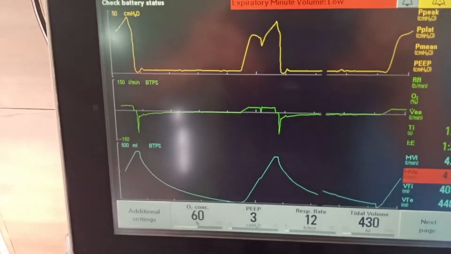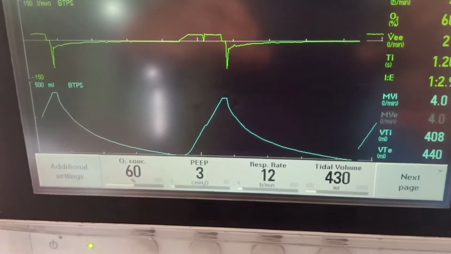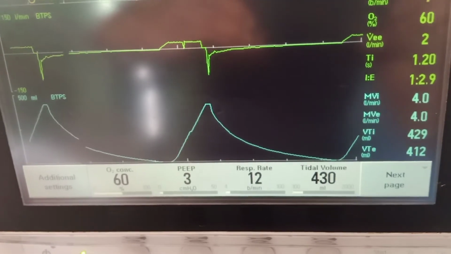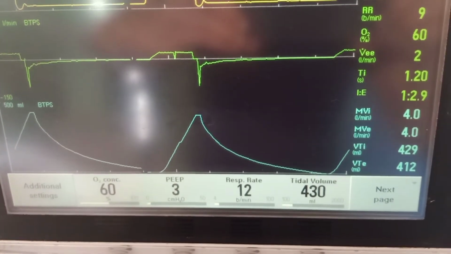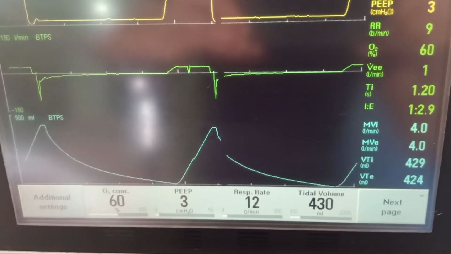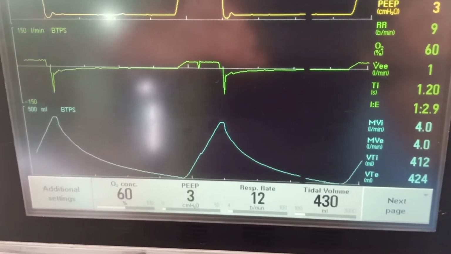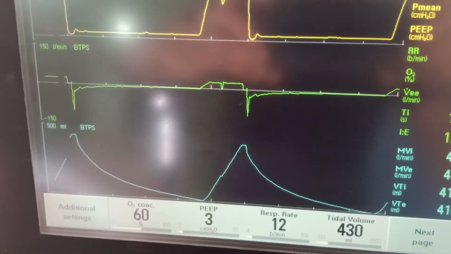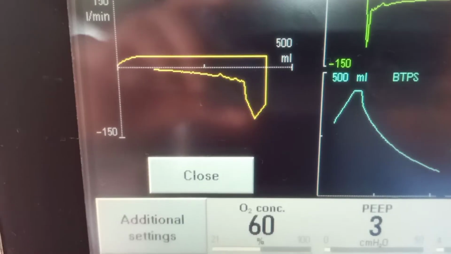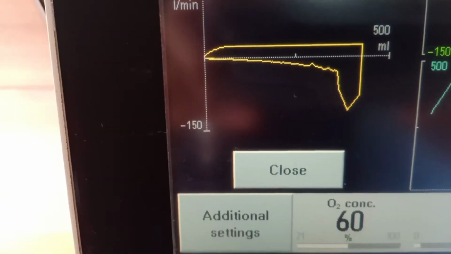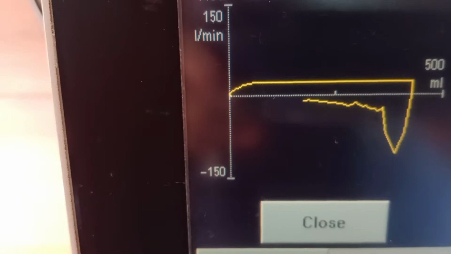In these patients, the best strategy is to keep lower respiratory rates, near normal tidal volumes, maybe around 8 ml per kg body weight, and allow them adequate expiratory time so that this auto PEEP can be managed, the dynamic hyperinflation can be managed. If we look at the flow volume loop in this patient, then we can see that